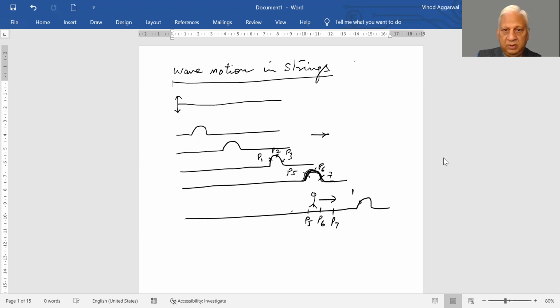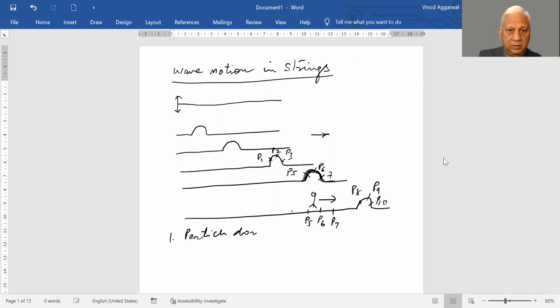For example, this may be P8, P9, P10, and so on. So what you see is not the same particles going forward. No, not at all. So first thing is,